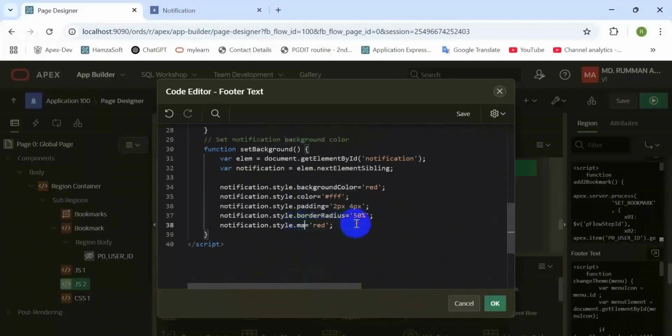I changed the background color, font color, padding, border radius, and